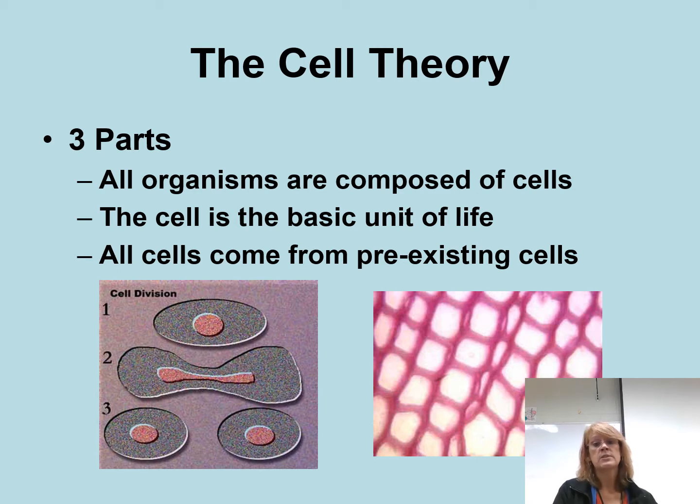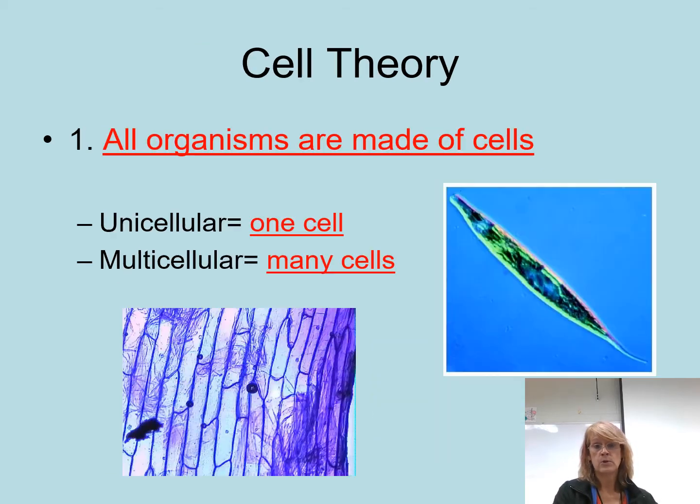You need to know the three parts of the cell theory, and they're in no particular order. The first part is, just like Virchow and Schwann and Schleiden said, all organisms are made of cells. Now remember, back in the day, you were either a plant or you're an animal. That's all they recognized. If you had a cell wall, you were called a plant. If you didn't have a cell wall, you were called an animal. If you look like a plant, like a fungus, you're called a plant. If you didn't look like a plant, you're called an animal. So based on Virchow, Schleiden, and Schwann's initial ideas, all organisms are made of cells.